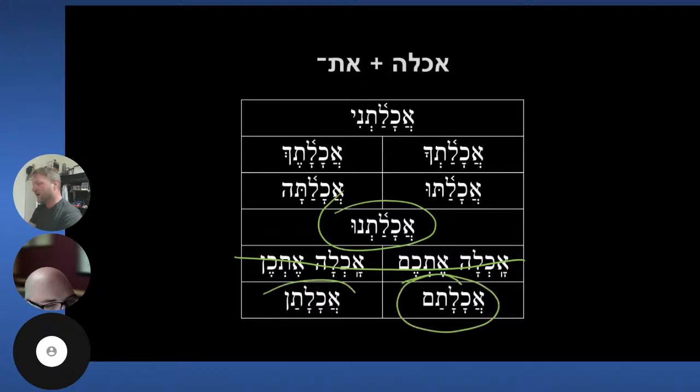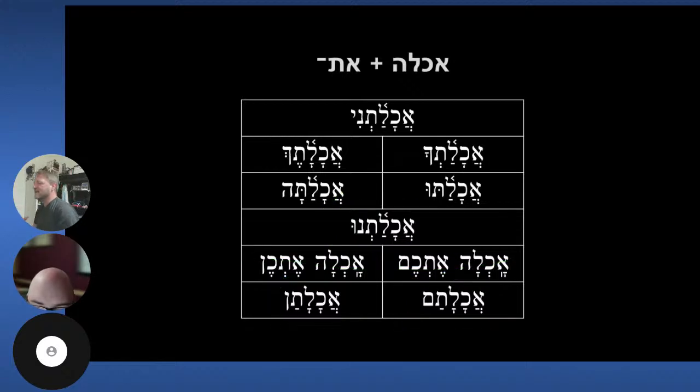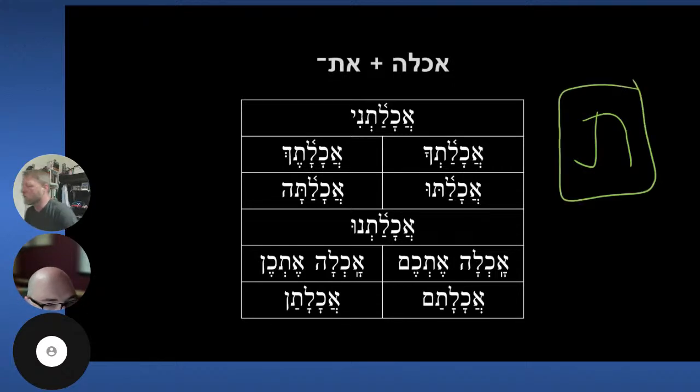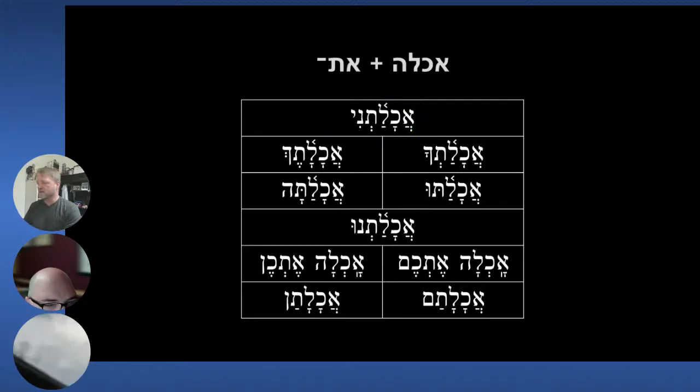Achalatam and achalatan. The she did it form is the most divergent because of that taf. Because that taf creates several issues. First of all, that we don't see it in the normal form, achala, she ate. But also because it assimilates the hey and normally often the noon that follows it. But it doesn't happen in these situations because we want to hold on to something. Achalatni, she ate me. Achalatnu, she ate us. We have this atnu ending